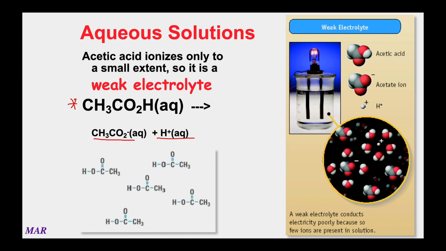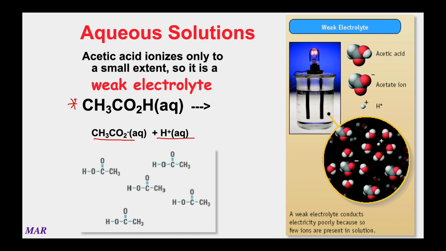efficient. Like I said, it depends on the compound, but I think acetic acid is about 1 in every 10,000 molecules. So if 10,000 molecules of acetic acid are placed in water, only one of them breaks up into acetate and H+. All the rest of them stay as the CH3CO2H. You can think about the bonds connecting them as being more resistant, if you will, to water trying to break